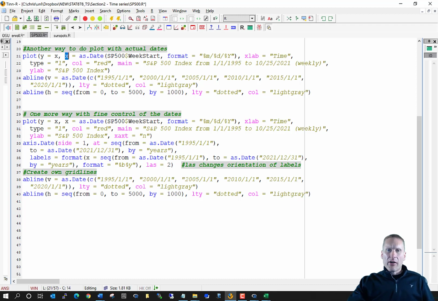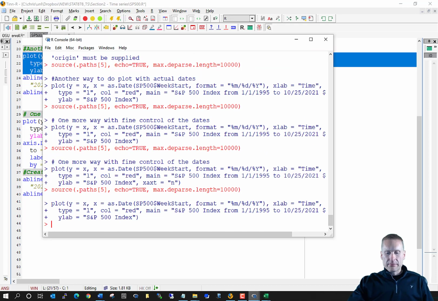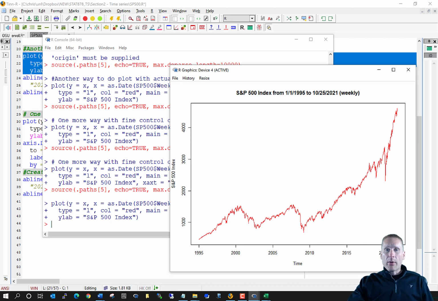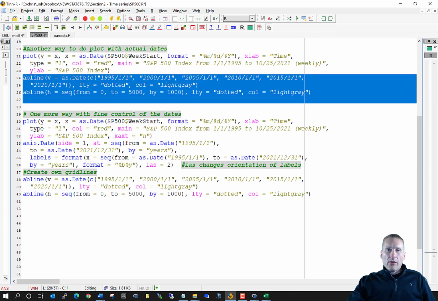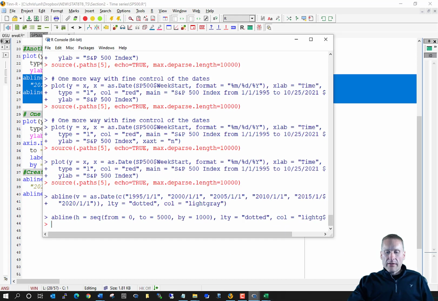And then now my x argument is going to correspond to like what we saw before with as.Date, where I'm going to have that date in that month, day, year format that was in the data set or data frame as the x-axis values. I put the format argument in there to correspond to the actual format that the data is in, month, day, year. And let me go ahead and plot that and bring up the plot. And now we can see on the x-axis here actual years. Also, I'm going to use the abline function to draw my grid lines.